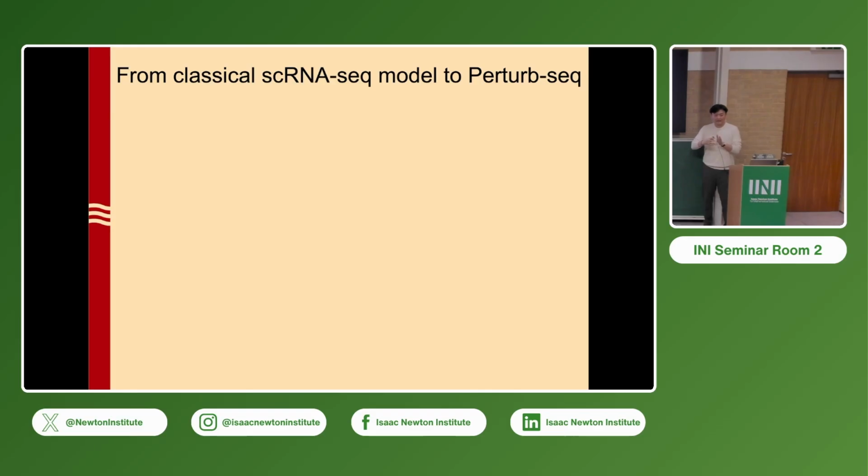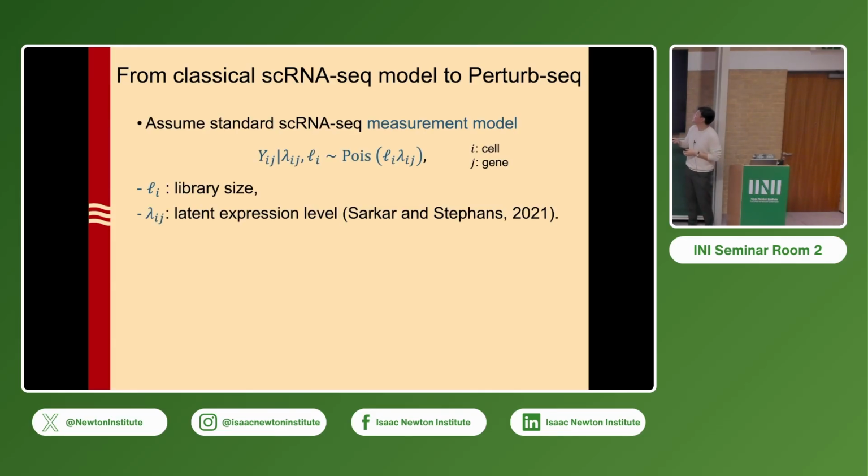So before I dive into the method, I just want to tell you the model that I rely on. The model that we rely on is essentially an extension of the classical measurement model for single-cell RNA-seq data, and we extend that to the case where we have a DAG over genes. Essentially, the Yij, which is a UMI count of a particular gene at a single cell, comes from this Poisson process where Li corresponds to the library size, and lambda is called the latent expression level. This is actually widely adopted by the